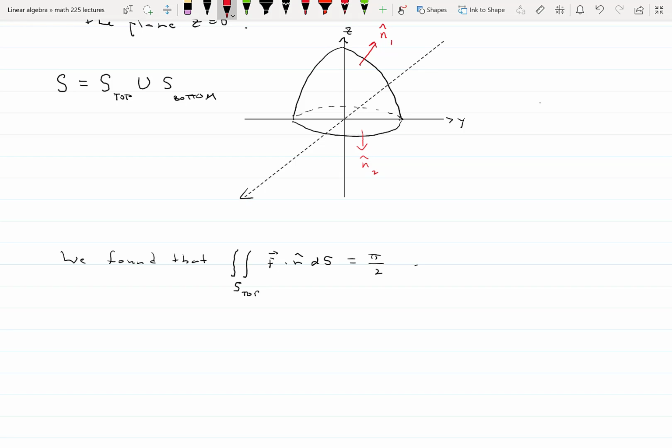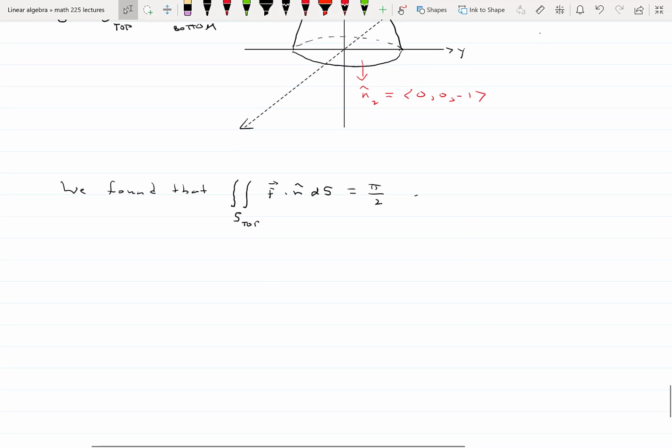Remember the bottom of our surface is the xy plane, a disk in the xy plane. So N2 is just negative k. Continuing the long way, the direct computation of this flux integral over S bottom,